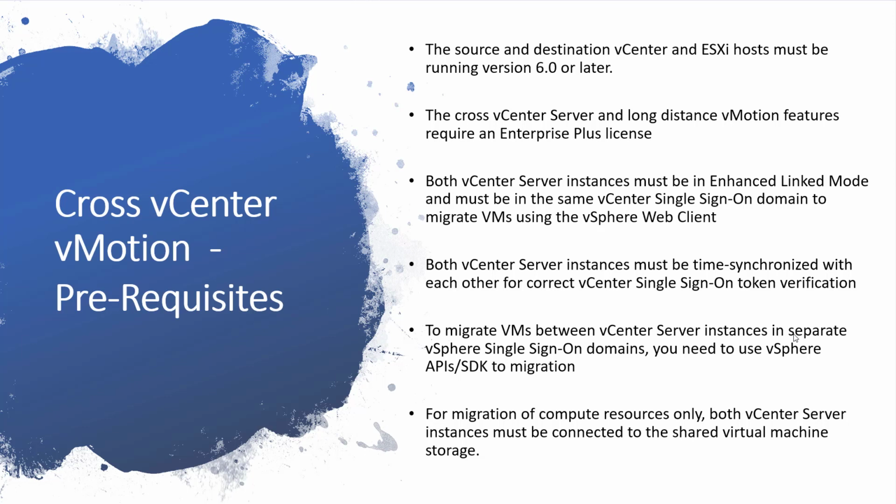Next, when you're migrating using cross vCenter vMotion through the vCenter server or vSphere client console, both vCenter server instances must be part of Enhanced Linked Mode, so that both vCenter server inventories will be visible from one single vSphere client connection, and we can migrate the virtual machines from one vSphere client. But this is not a hard requirement. If it is not part of Enhanced Linked Mode, we can use the vSphere API and SDK to migrate the virtual machine across the vCenter server. I'll talk about an excellent tool which helps us achieve this without the need of Enhanced Linked Mode.